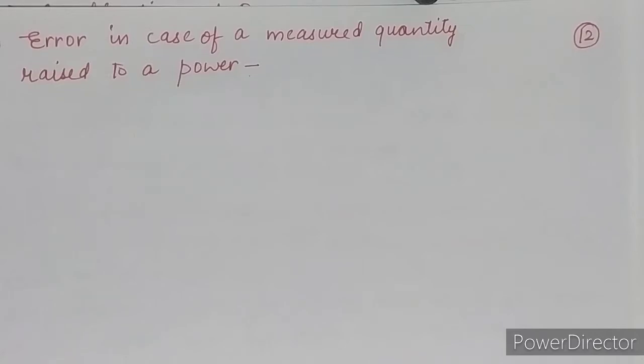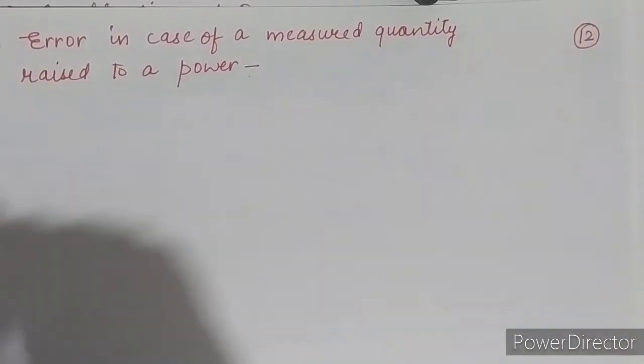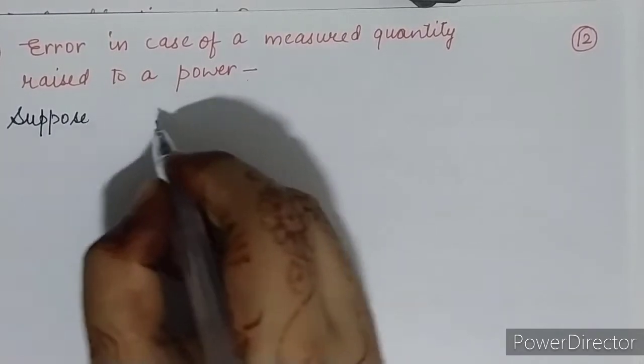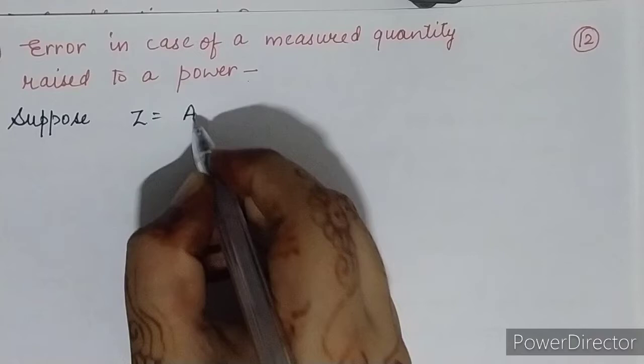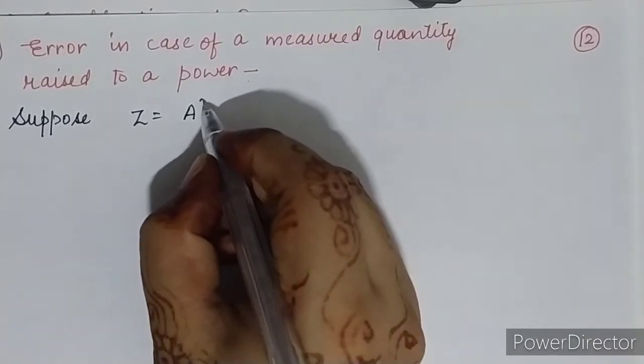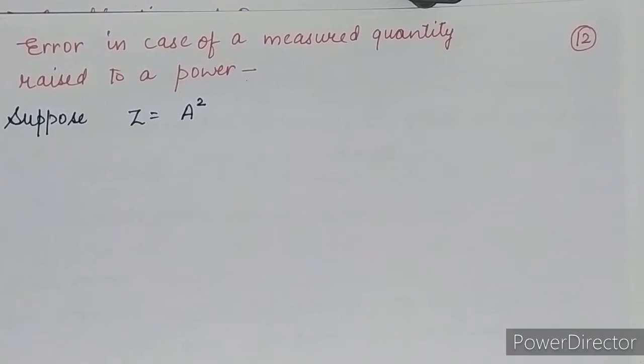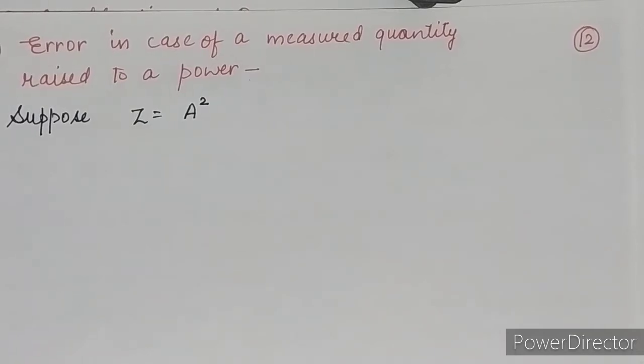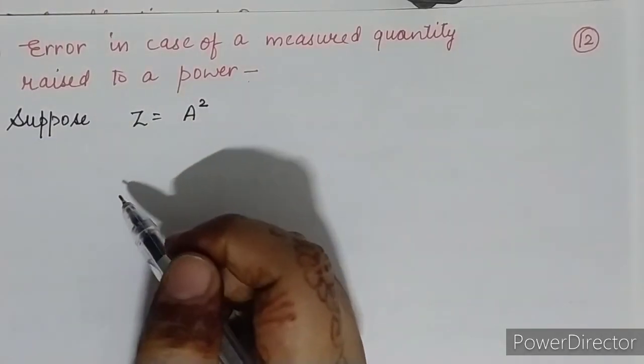Now the fifth one is the error in the case of a measured quantity raised to a power. This is for the power form, so we will solve it in today's lecture. Suppose there is a quantity A which has a power, any power; I am taking here a square. Now, if we are finding the errors, whatever errors we have to find,